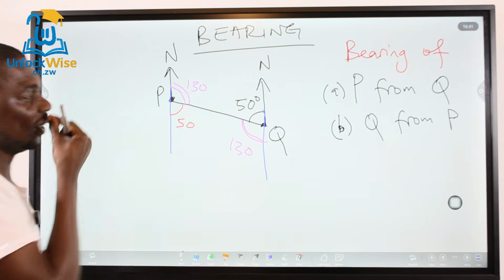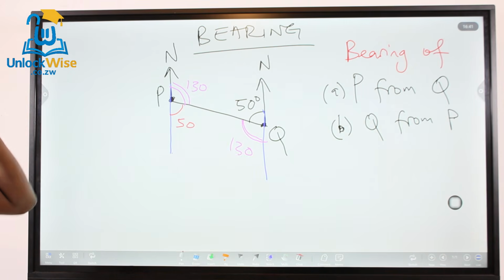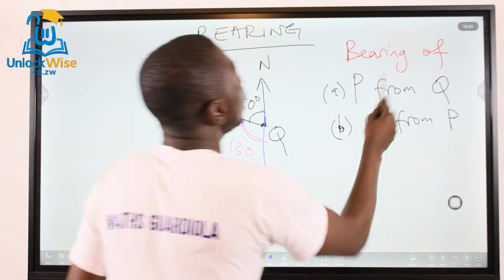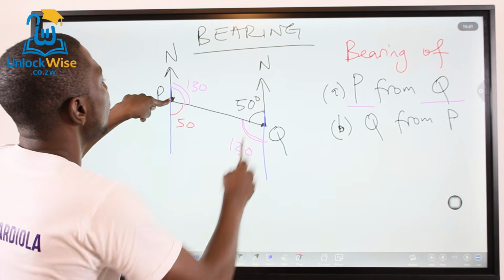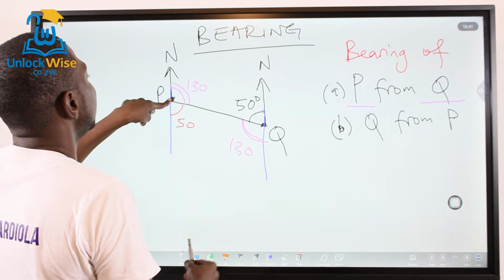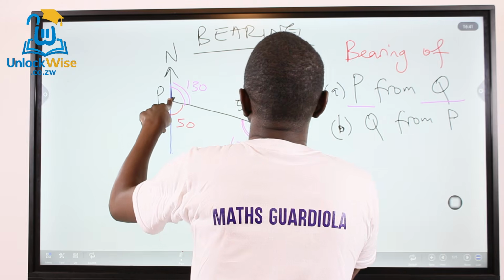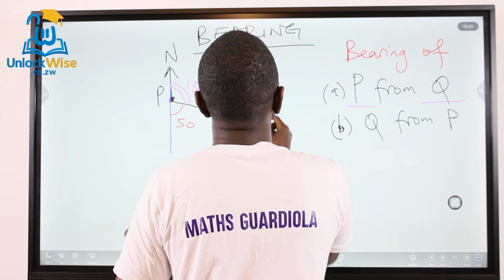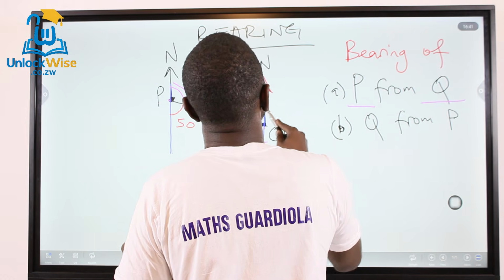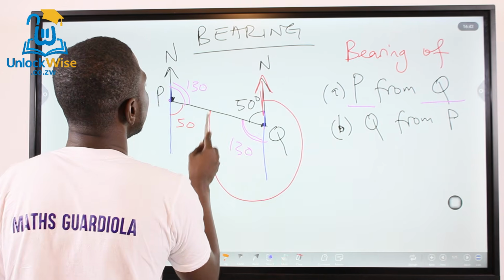Right. So the bearing of P from Q will be from Q to P, and we will measure from north, that's the first thing. Clockwise, that's the second. So